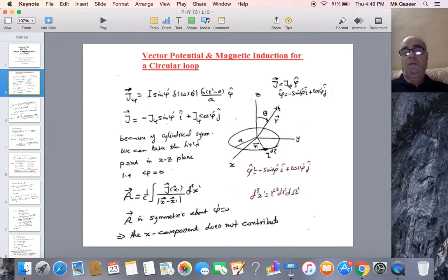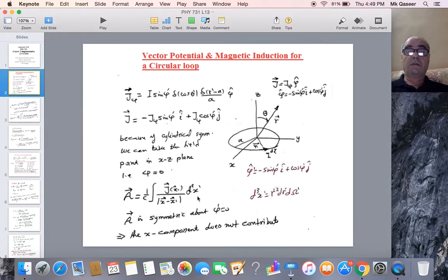To do that, first we note that this problem has phi symmetry, so therefore we will take first a special point in the xz plane where phi is 0. The first step in order to apply this is to find A, the magnetic vector potential A, which is given